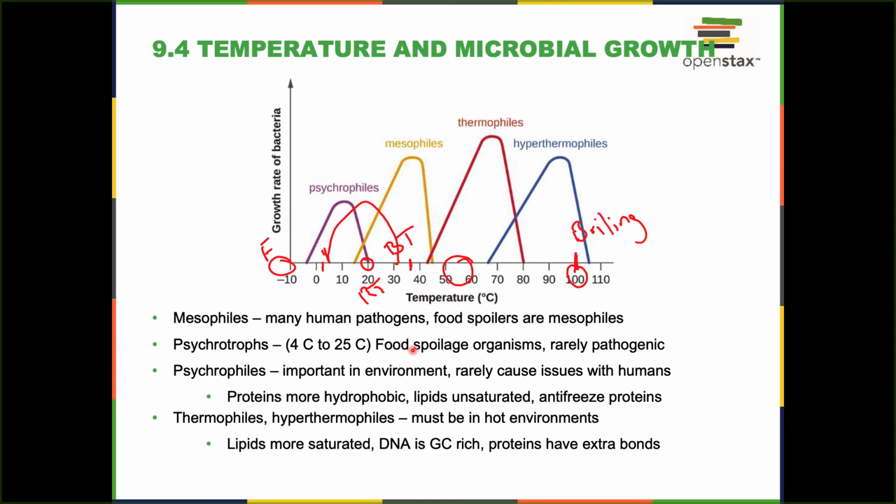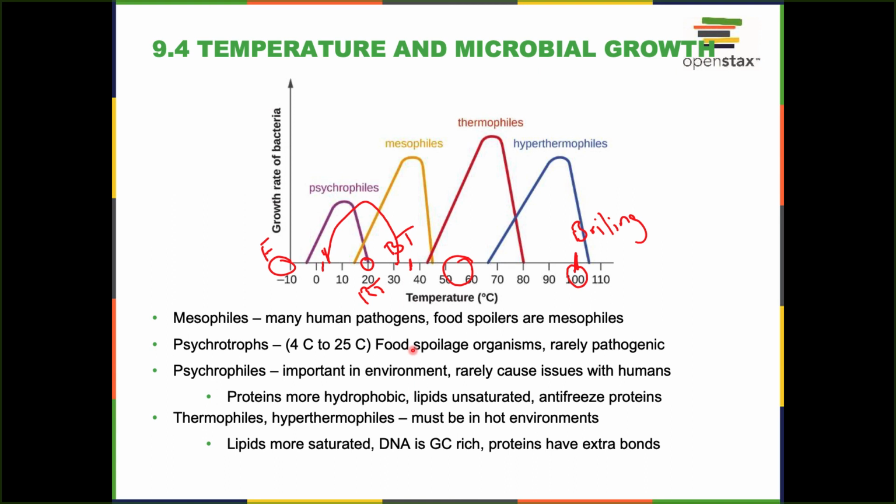Kind of the fridge temperature. So even though they'll be growing super slow in the fridge environment, they still can grow in the refrigerator, right? So, the psychrotrophs are primarily food spoilage organisms. Typically the outdoor microbes that are hanging out there tend to be psychrotrophs, rarely pathogenic because they don't grow very well at body temperature, right? But some of them can produce compounds and toxins that, if left in the food, can make us sick, right? So maybe the presence of the microbe isn't what's going to make us sick, but they can leave behind things